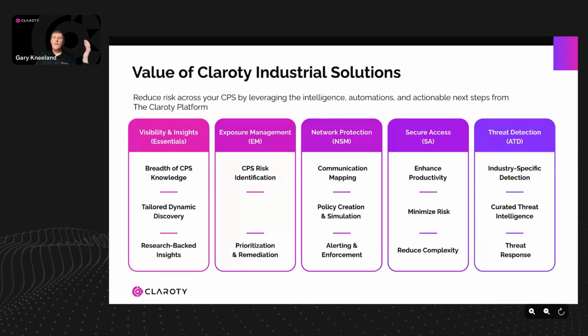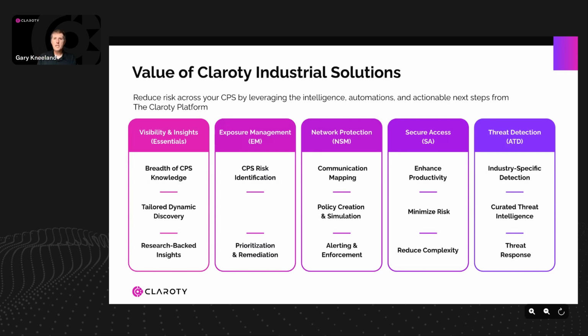So that's broadly what we're doing. I always get told by marketing I have to give the whole pitch too. So this is something new that we're doing, again, with asset impact, but Clarity is doing a lot of different things as well. We bring in things like visibility and insights. We also do exposure management to help prioritize and remediate devices. Things like device purpose help us feed into this to make sure that we are getting the right responses when we're looking at exposures or risk remediation.